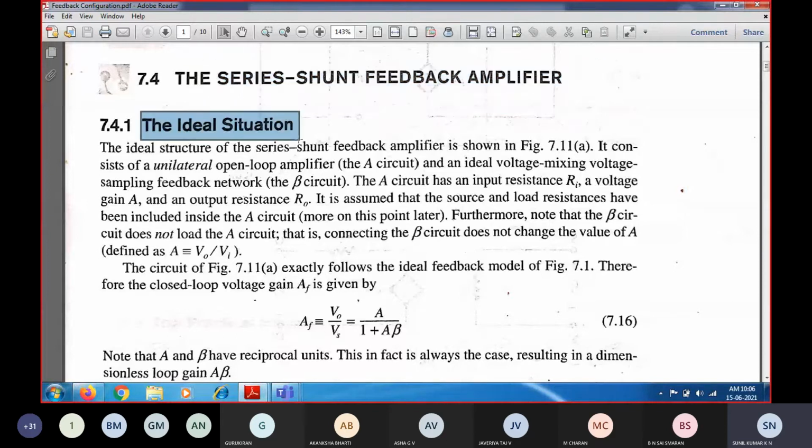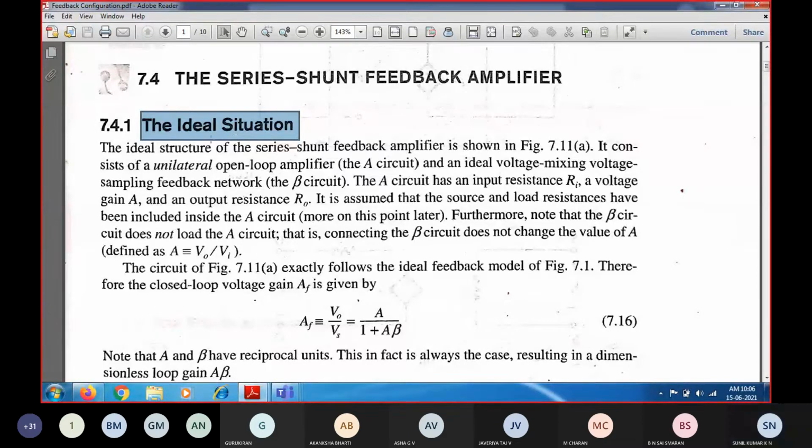For your purpose you have to understand only qualitatively. Qualitatively means no need of thinking about the practical scenario. Only the ideal situation you can see, and you can see how the input impedance as well as output impedance is going to vary. So no need of practical situations or practical circuits and all. Just understand the ideal situation.